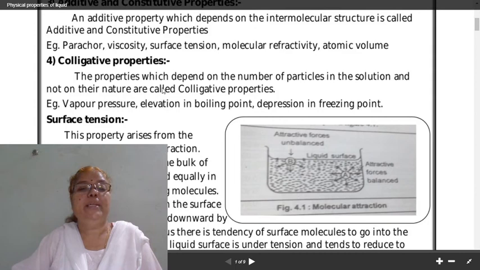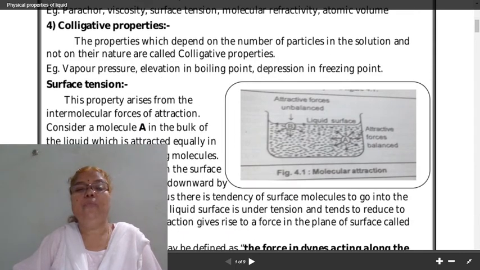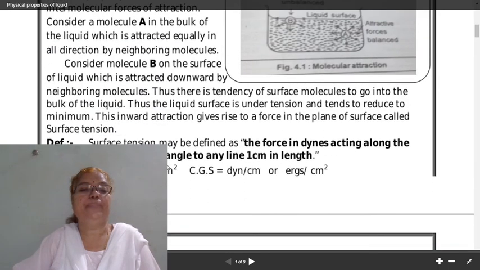you have studied already. Then all of you know the surface tension. This property arises due to unbalanced van der Waals forces at the surface of the liquid layer, and each and every molecule seems to be under tension because the surface molecules are pulled inward by other molecules present in the bulk, and this is the main reason for the surface tension property.